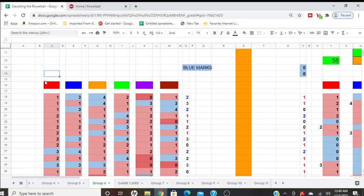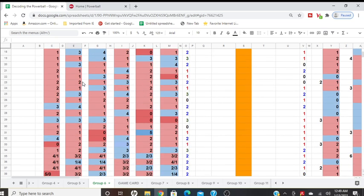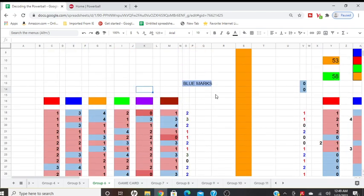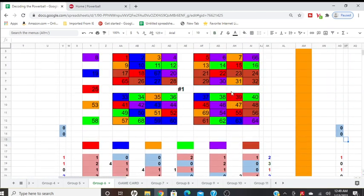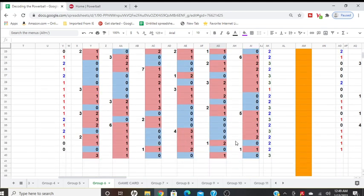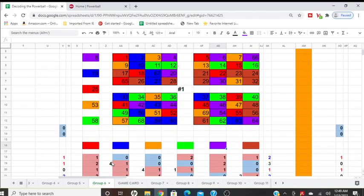Okay, so I like the red. I'm going to look at the red areas. I'm going to look at the blue. And I'm going to look at this purple. So red, blue, and purple for me. So as I look at this, again, I'm looking at the red, blue, and purple. And I gotta say, I kind of like the red here. Okay, so I'm gonna mark this, and I'm gonna go for this one, and I'm gonna knock out all these